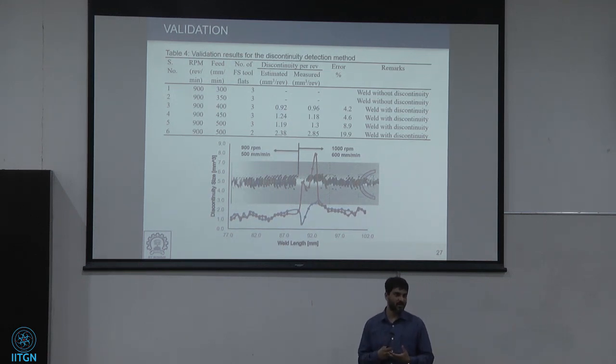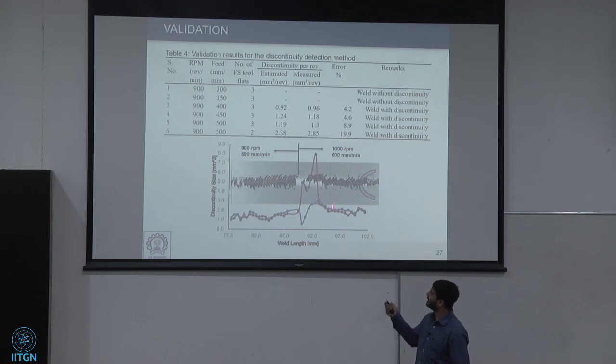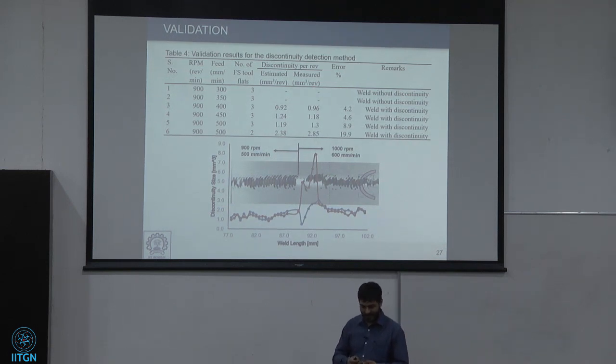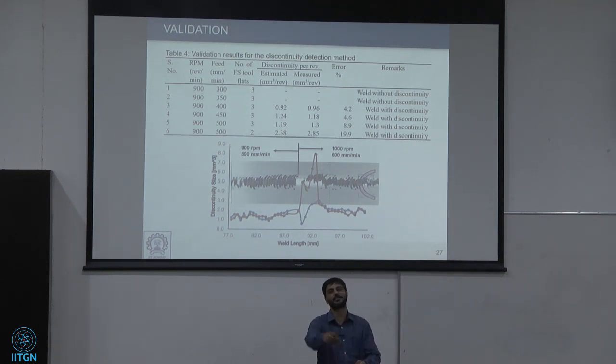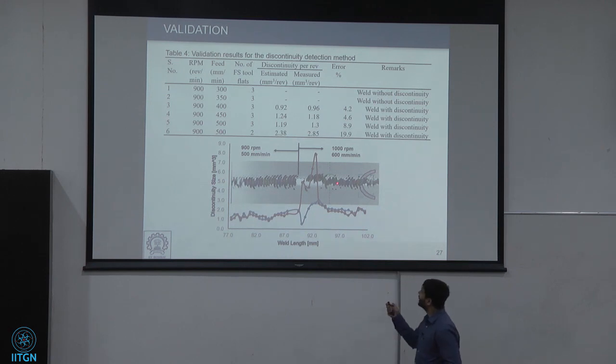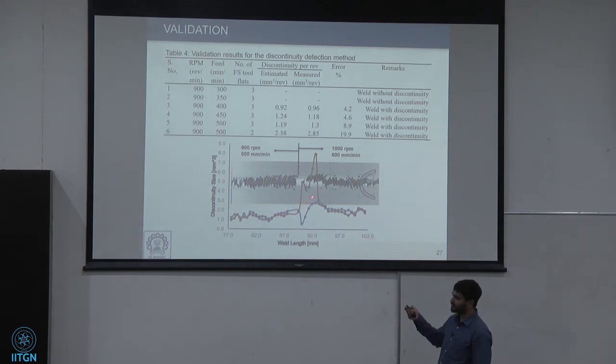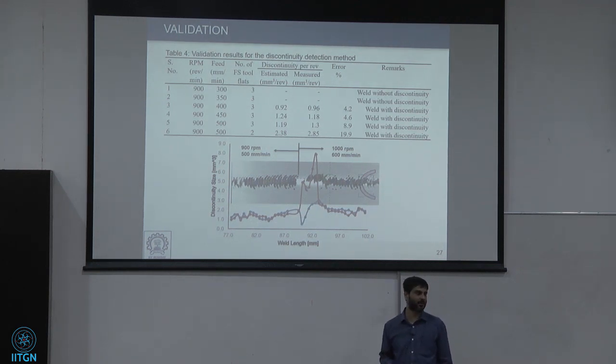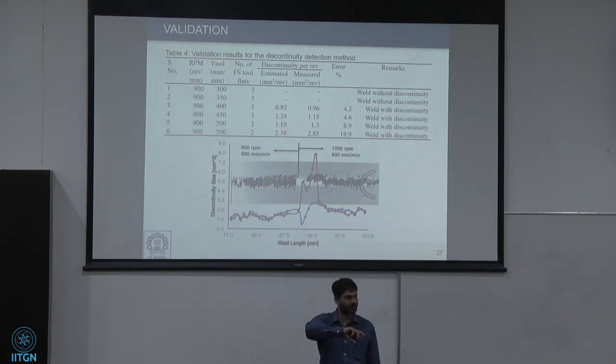This model has some strengths, but one of the weaknesses revealed in this interesting case was in this weld. I performed a transition weld where, at half length of the weld, I changed the weld conditions. From 900 RPM and 500 millimeters per minute, in the CNC program I changed the weld conditions to 1000 RPM and 600 millimeters per minute. And we could see that due to the sudden acceleration in